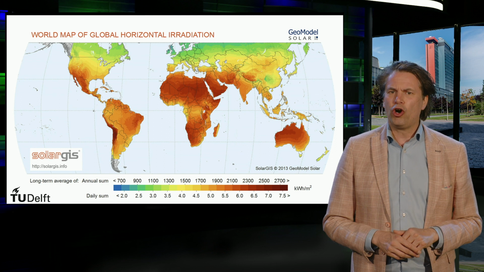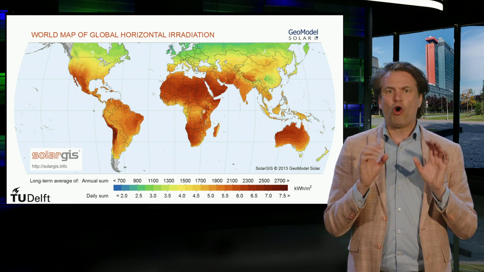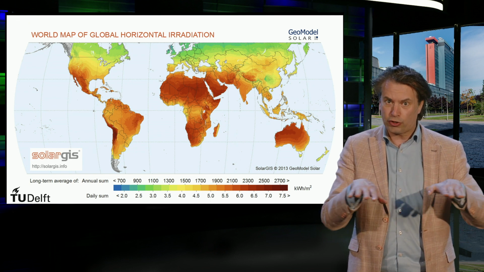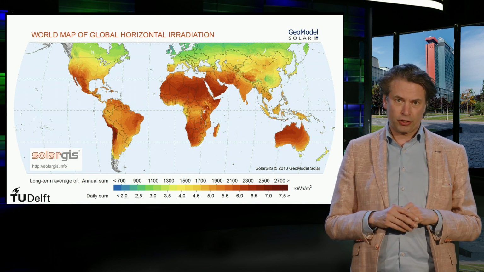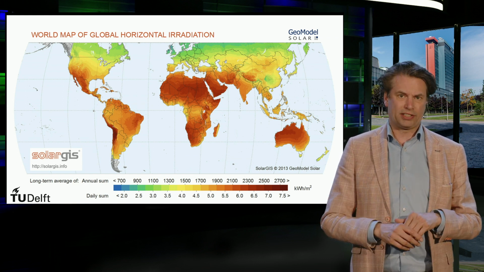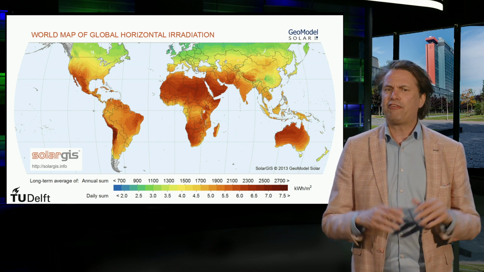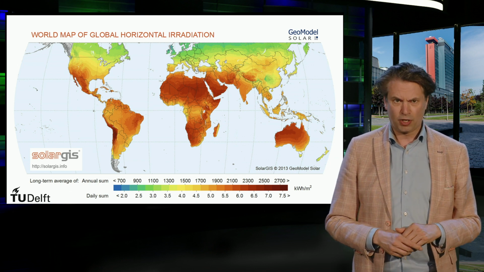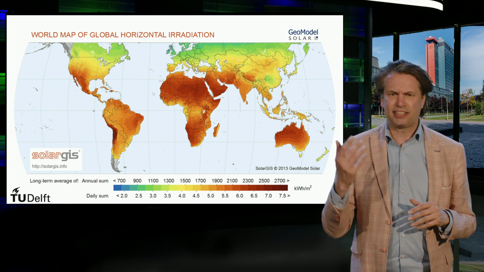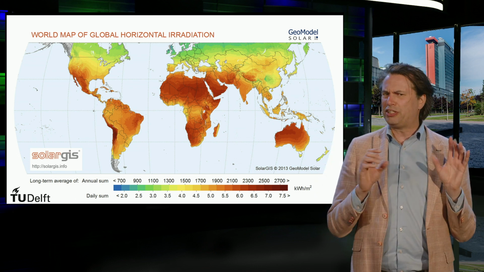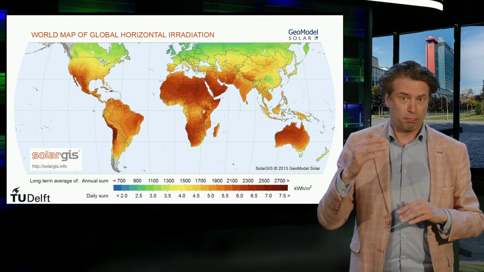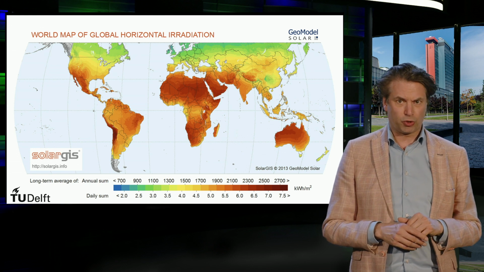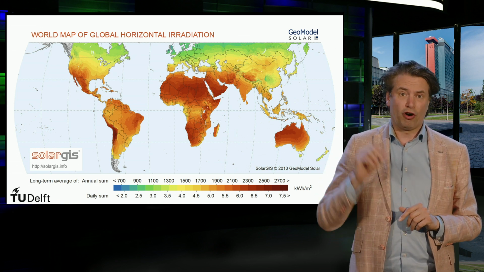In this picture, the global horizontal irradiation is shown all over the world, or in other words, the energy falling on a flat horizontal surface of 1 square meter, where the energy is expressed in kilowatt hour. As we can see, in different parts of the world there is a quite large spread of the irradiation available on the surface. Obviously, the regions with the highest intensity are located between the tropics, while outside such belt the irradiation drops until approximately 1000 kilowatt hours per square meter in the very north of the map.